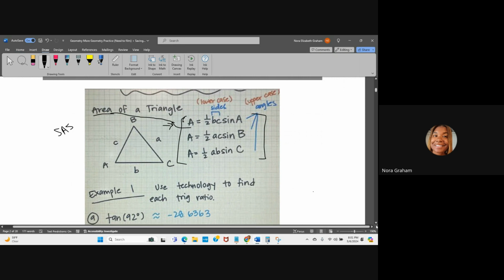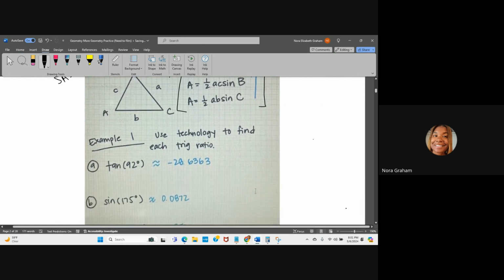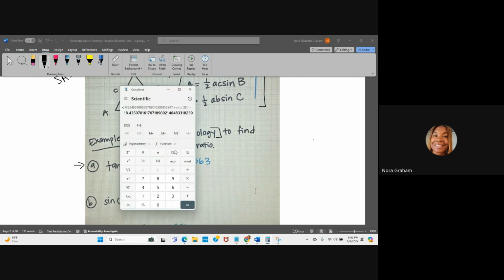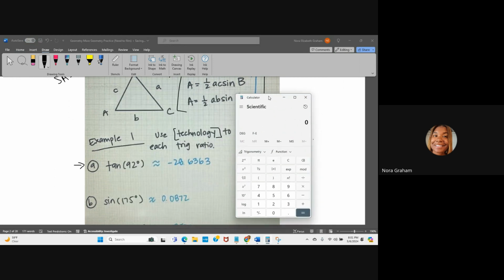And so for the example one we have down here, it says use technology to find each of the trig ratios. All right. So when usually it says technology, that means we're going to be doing a lot of calculator work. Again, if you need help with calculator work on a scientific calculator, put something in the comments, and I have no problem making a video all about calculator work, but I'll just do A for right now to kind of explain it. And again, this is a computer calculator, so you might put it in your calculator a little